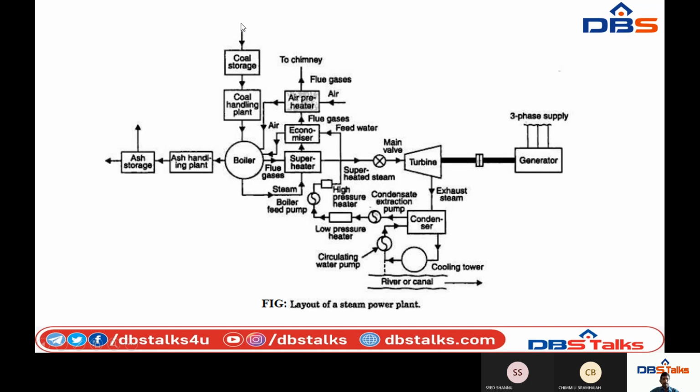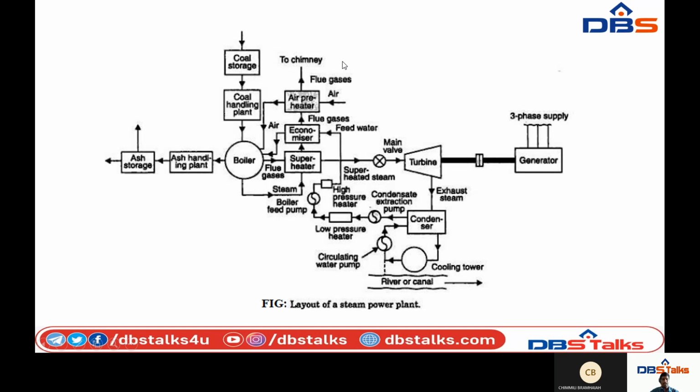That means in the coal and ash circuit, the coal is delivered from the coal storage by particular coal handling equipment, and it is sent to the boiler or furnace. After combustion, the completed products of the boiler, that is the ash products, are collected in the backside of the boiler. After then, air and gas. Air is taken in. This one is the coal and ash circuit. This complete part is the coal and ash circuit.